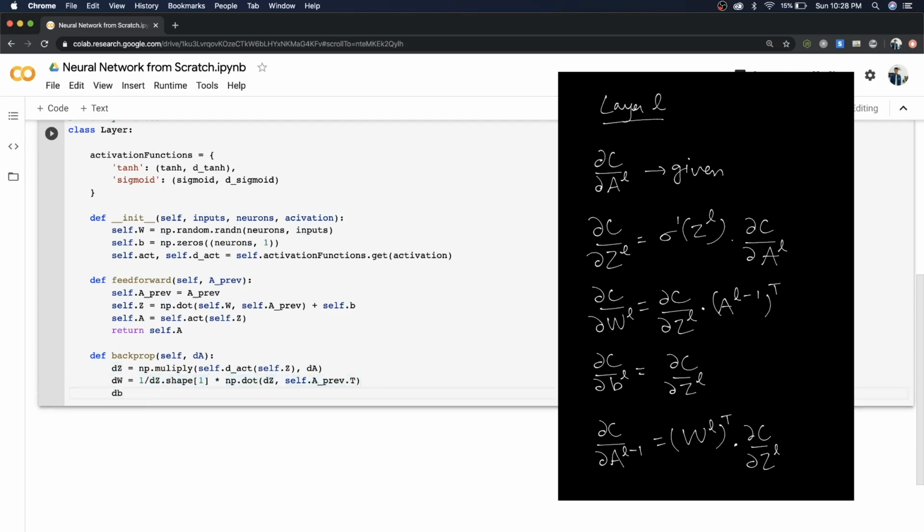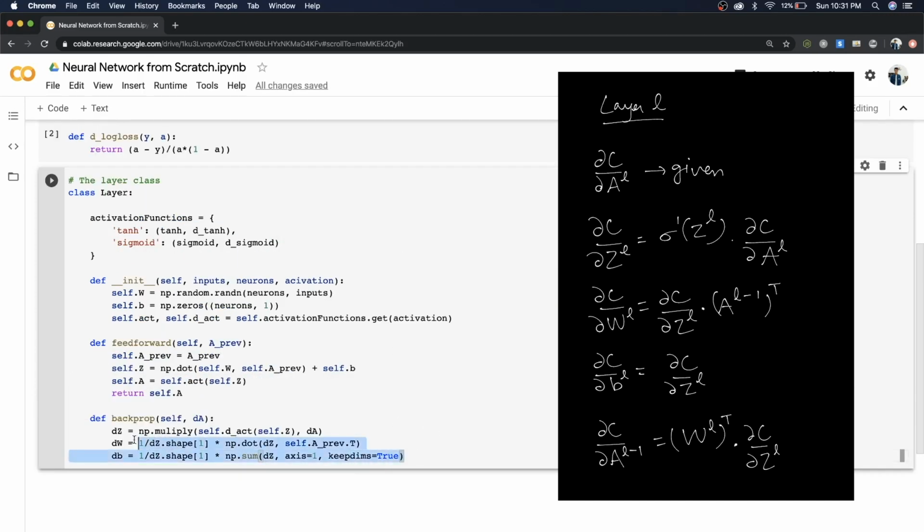Similarly, let's find the value of db. You can see that I've done something very weird here. I've found the sum and everything. This is done because the shape of dZ and the shape of db do not match. In our equation, we've seen that the value of ∂C/∂b is simply equal to the value of ∂C/∂Z. But in practice, we cannot do that, because ∂C/∂b is simply a column vector where the number of rows is equal to the number of neurons.